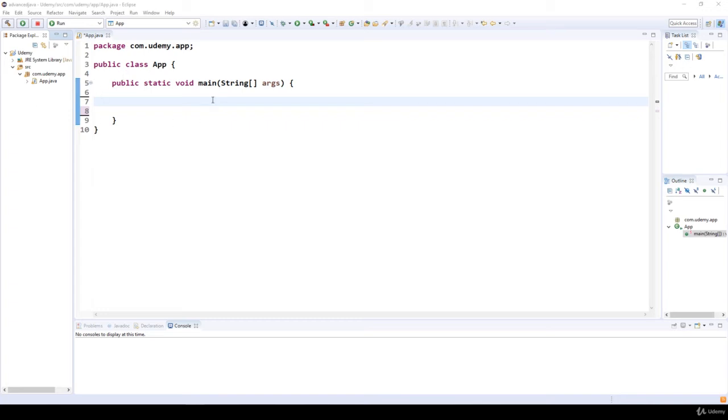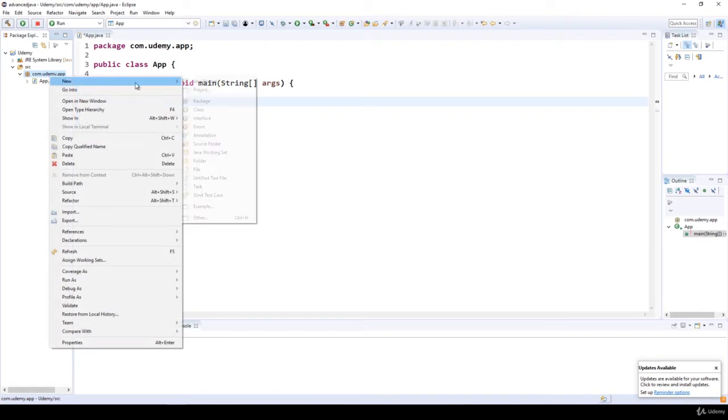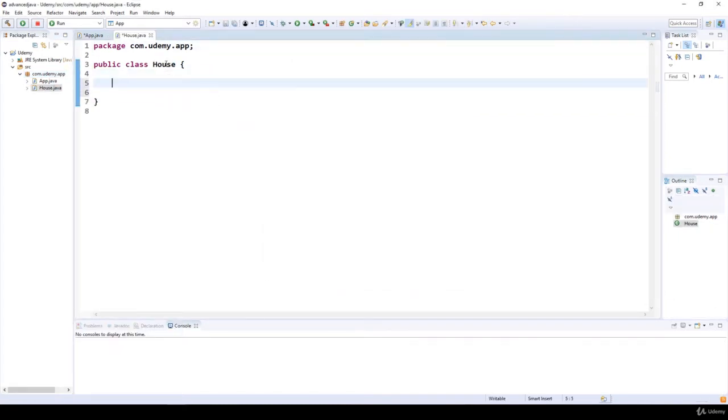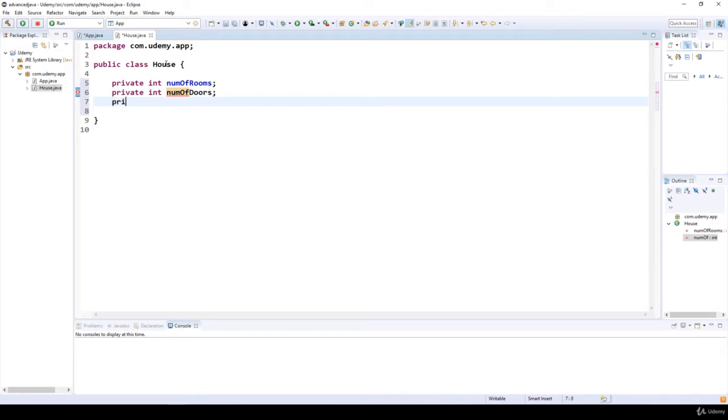In this lecture, we are going to talk about constructor overloading. So first of all, let's create a new class, House. This house has several instance variables: private integer number of rooms, then private integer number of doors. For example, a house has number of windows. These are the instance variables, and we are able to inject values for these variables from outside with